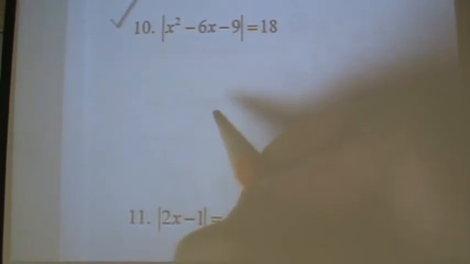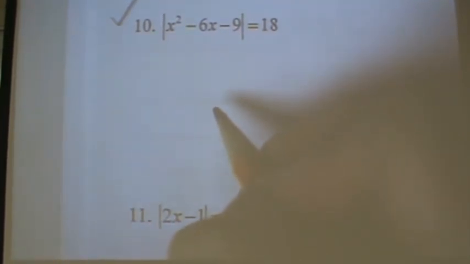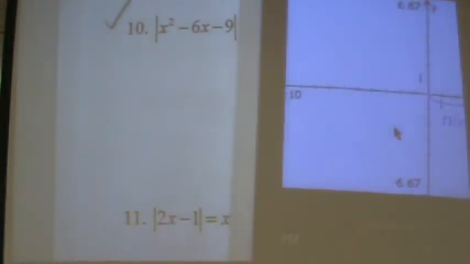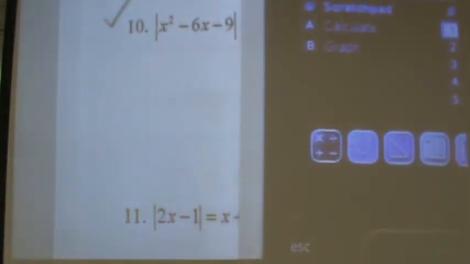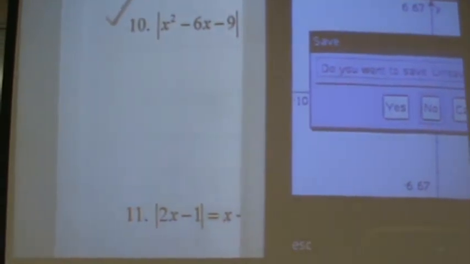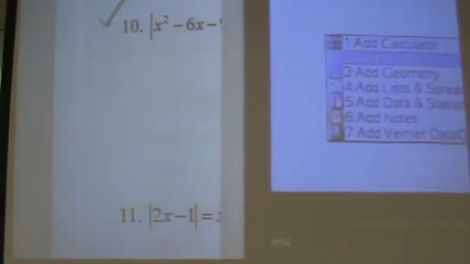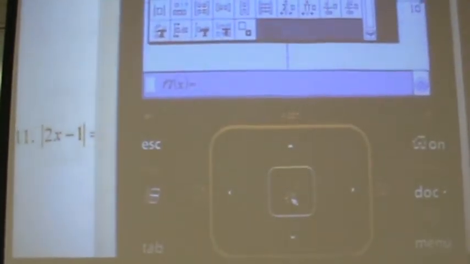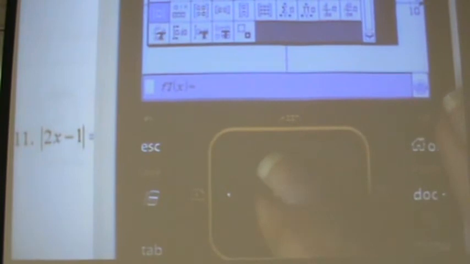You can break it up into 2 columns. You could type this in your calculator, you know that? How would you type it in your calculator? X squared. How would you type this in your calculator? How do you get the absolute value? Right there. Type it in. X squared